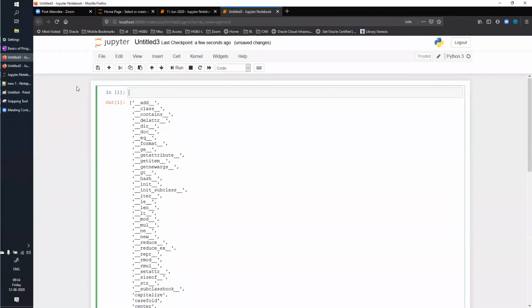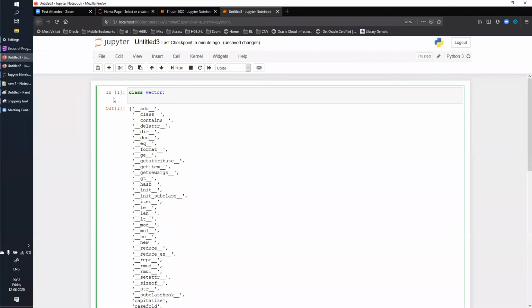So I will create a class Vector. And then I will have that, because whenever you have vectors, your behavior will be something like this: ai plus bj, correct?